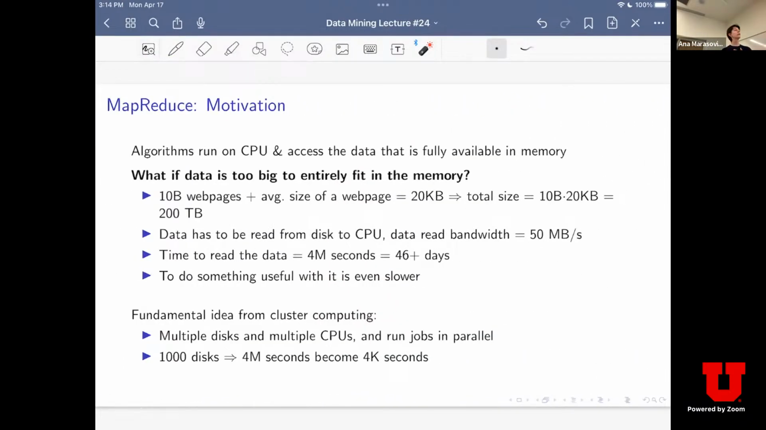To some of you, parallel computing or distributed computing might immediately come to mind. The idea behind cluster computing is that instead of having one CPU with memory where you read the data,